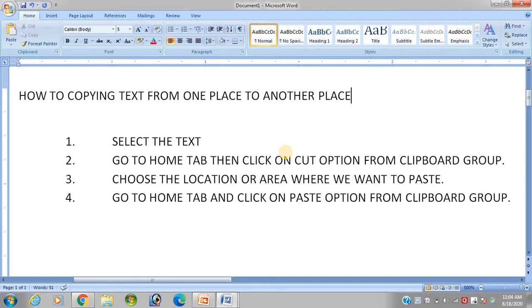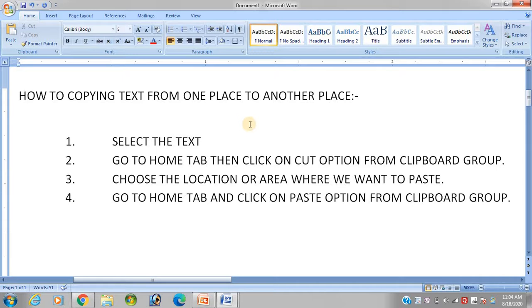Okay student, from one place to another. Copying text means you can duplicate it. However many times you want to duplicate, in the same location or a different location, same area or different area, you can do it very easily. It will not be removed, and the same copies will be made more than one time.